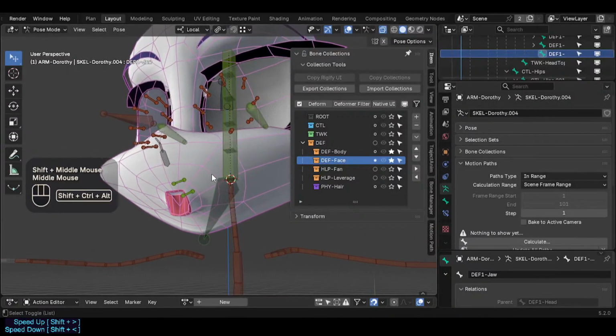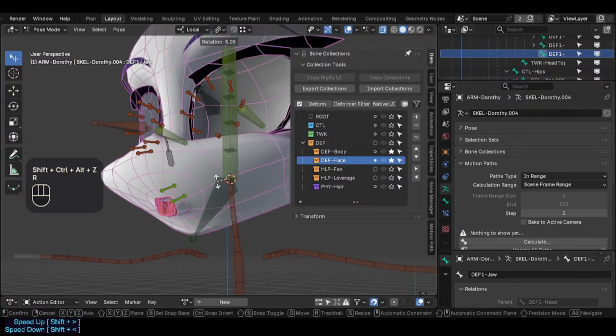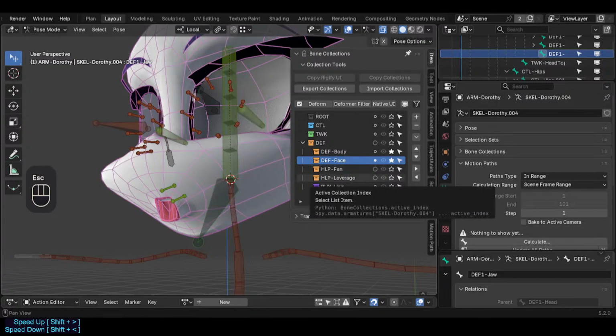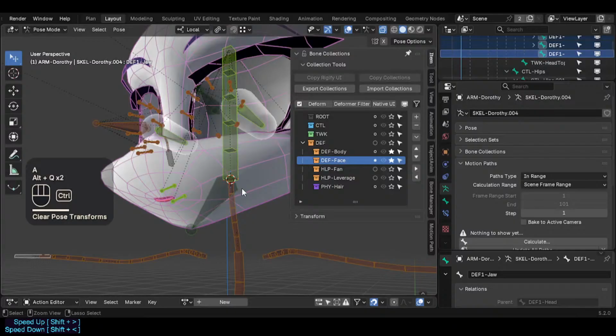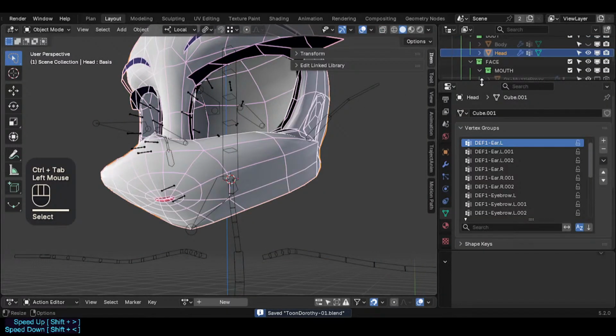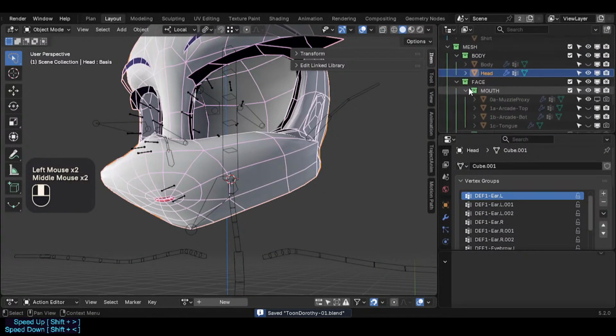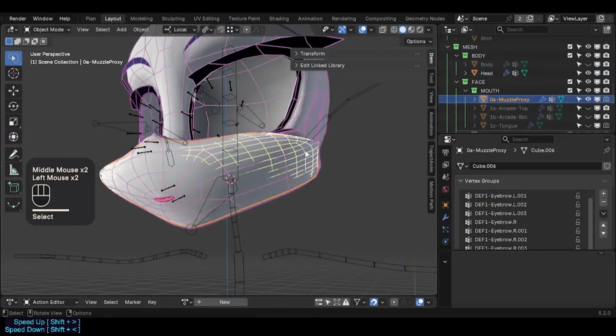Okay, don't worry, this is normal. Now we already have a structure here, the proxy mesh. So I have to recreate it, but for now we can just do the